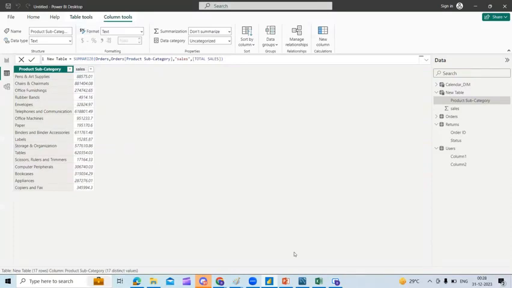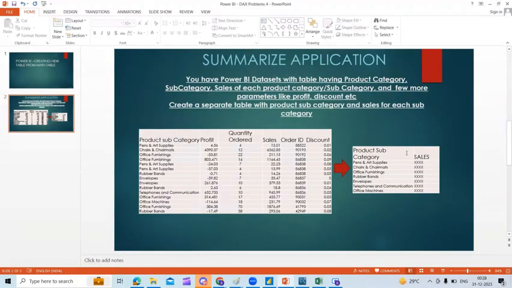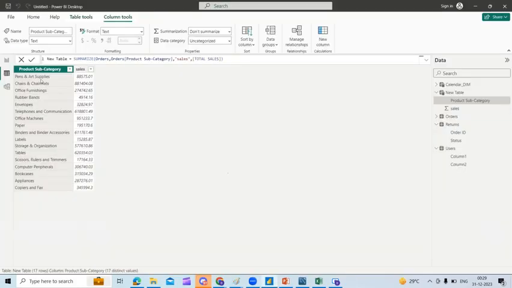Okay, and I hope this is clear. I have taken only a very small number of subcategories just to fit that in this PowerPoint. Okay, but this is your result. So please do remember this summarize function, how to use this, and what its application is in a real-time project. So whenever you are doing any sales data analysis, sales profit information analysis, right,